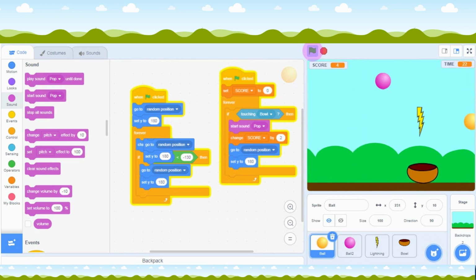This pop sound is coming when it touches the ball. You can change this sound. You can select any sound from the library, but this is more suitable. Very good. Each time you are getting 2 points for catching the ball in the bowl, and there is a sound also. Okay, now next what I have to do is